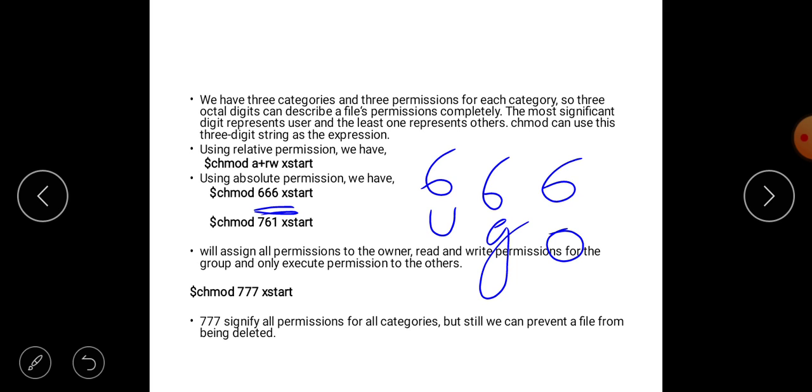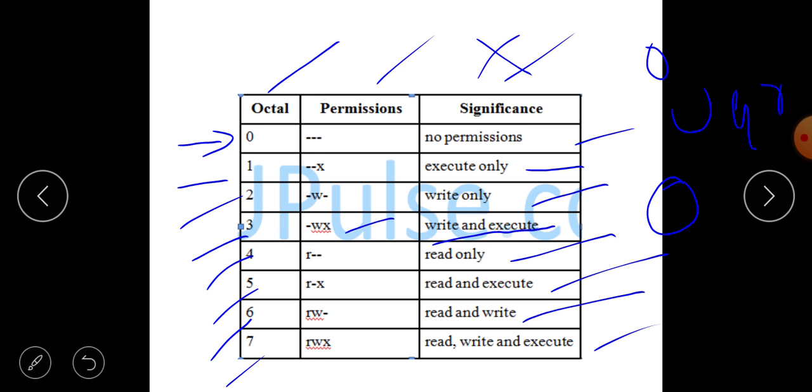In relative permission we use the chmod command with all 3 categories, and using plus means adding the read write permission. The same command is used in absolute permission using three 6s. Here 6 represents read write.